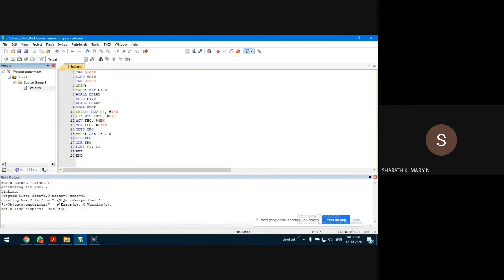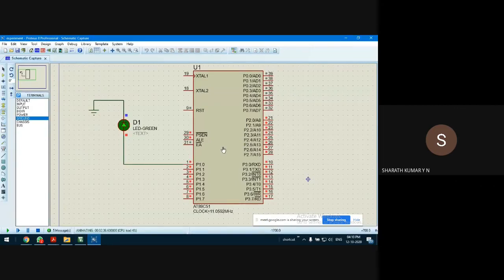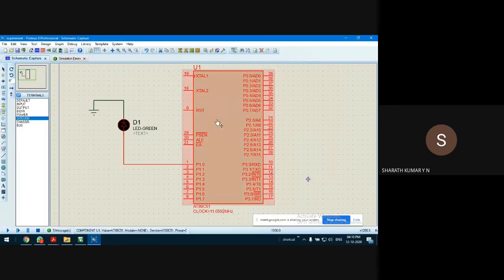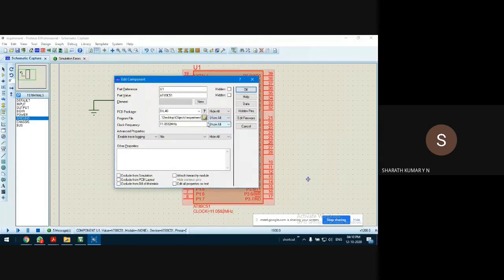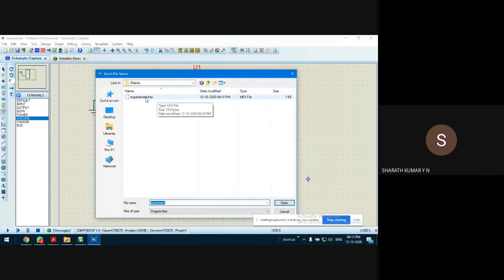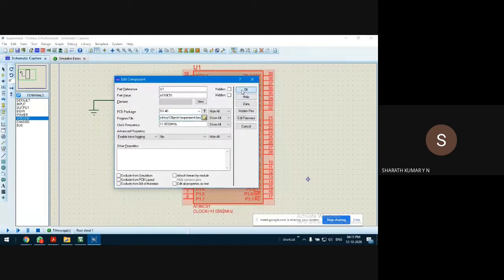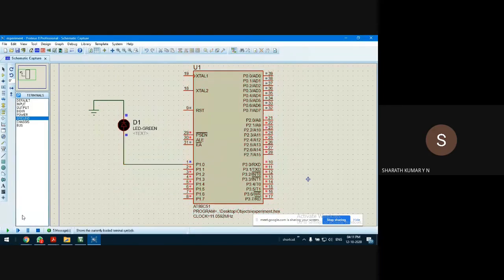Okay, the Xcode is generated again, but right now it is working with the older Xcode. If you have changed the program source code, you have to stop the simulation. Make sure you reassign the source code again, because the source code has changed. You have to reassign the Xcode binary file. Okay. And run the program again, just to make sure that things are okay.